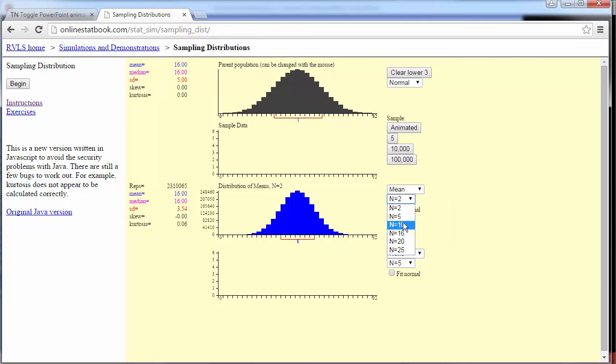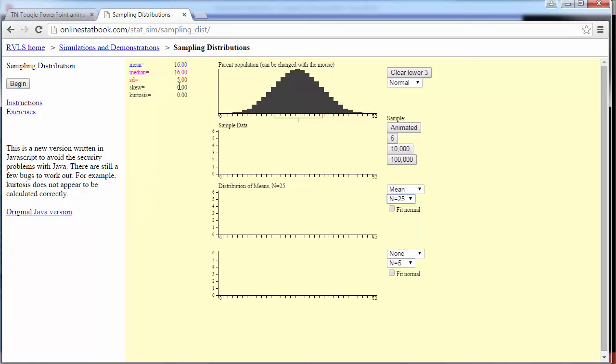So now let's look at what happens with 10. Oh, well, no, let's not do 10, let's do 5. Why 5? Because what is the standard deviation divided by the square root of 25? It's 1. 5 divided by the square root of 25 is 1. And let's watch 25. This is 25 observations. And if you notice, my distribution before was normal. This distribution of sample means of sample size 25 will also be normal because my parent population was normal.